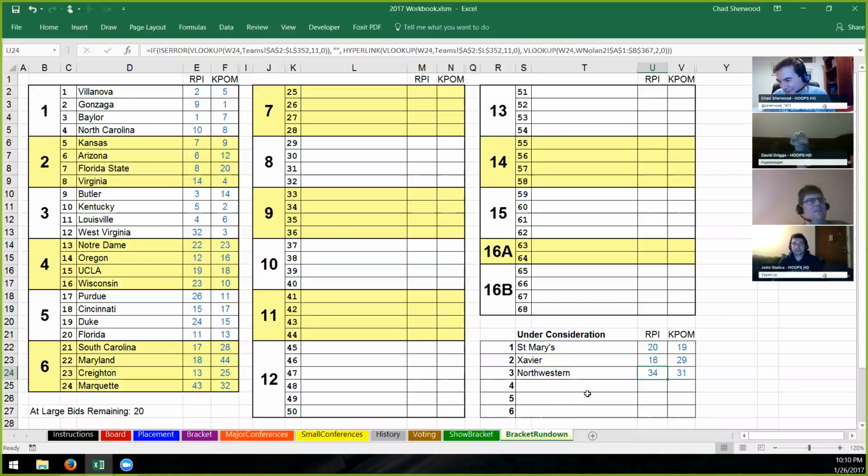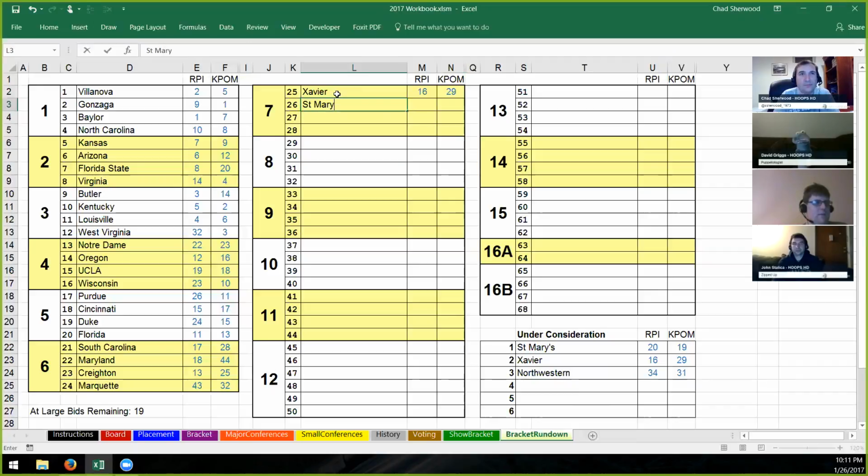John T., let me go to you here for your next 4 teams. We're back down to the 7. What's going to be our 7 line here? And I know you did mention Xavier, so I assume they're going to be here in your grouping. I like the 3 that we have under consideration. I like the Gales. I like the Musketeers. I like Northwestern. As far as the 4th,